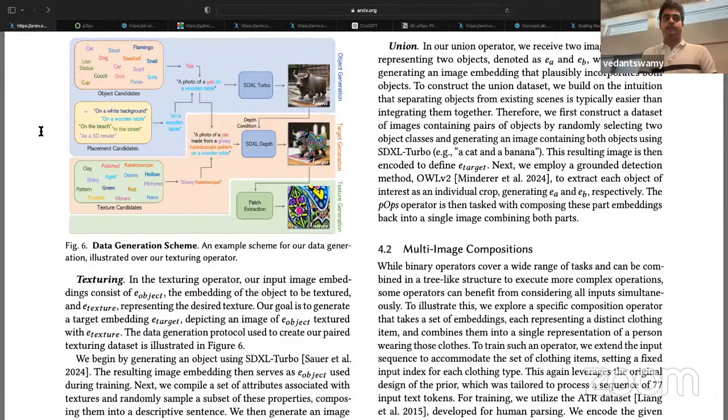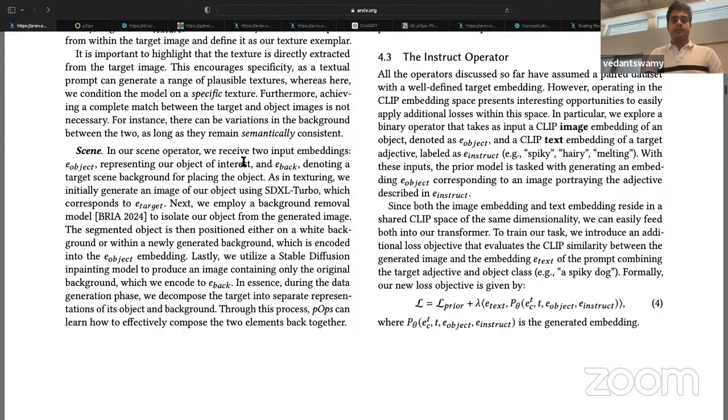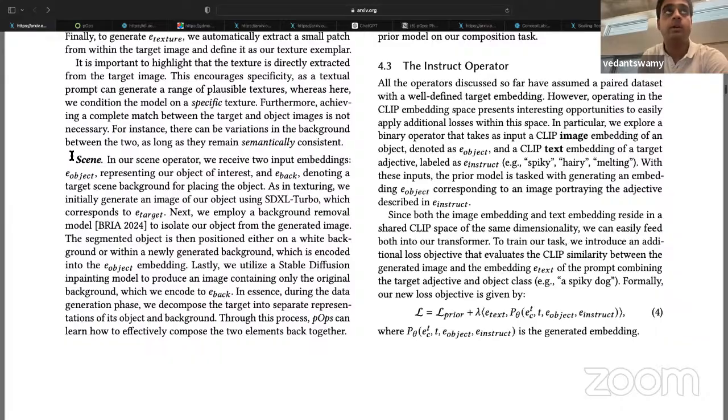This was the texturing operation. Now, in the scene operation, we have the input embeddings, which consist of